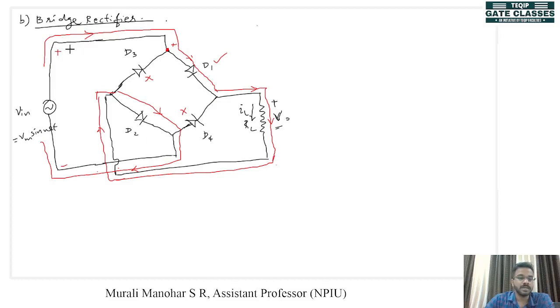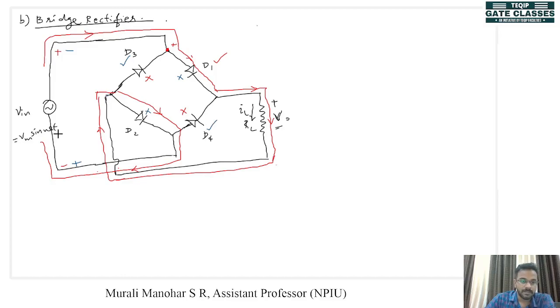During the negative half cycle, the bottom point is more positive compared to the top point. So when we look at the diodes, diode D1's anode is connected to a more negative potential, so diode D1 does not conduct. Diode D2's cathode is connected to a more positive potential, so diode D2 is reverse biased. Diode D3's cathode is connected to a negative potential, so anode voltage must be higher, so diode D3 is conducting. Diode D4's anode is connected to a positive potential, so diode D4 is also conducting.